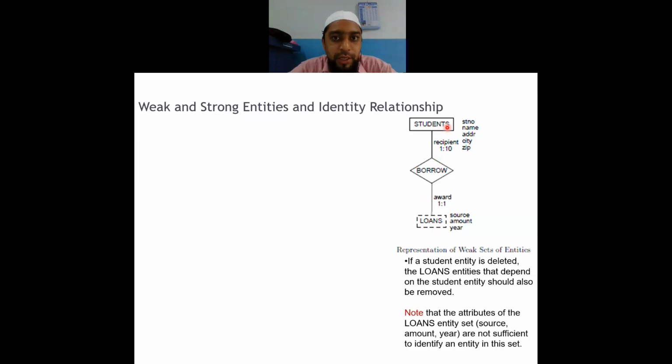Students is one more entity set. Now tell me, if no student is taking any loan, will the loan entity set exist in our database? No. For the loan entity set to come into existence, there should be at least one student taking the loan. So the loan entity set is dependent on the students entity set. That means there is some relationship between them. Student borrows loans. This borrows becomes the identity relationship for us. Fine to everyone?